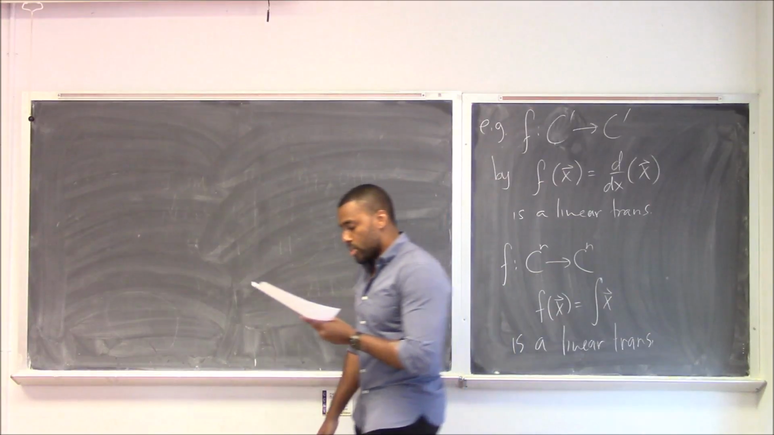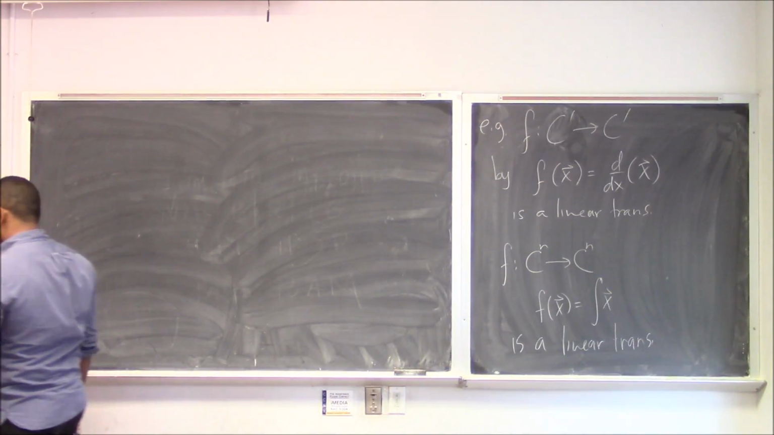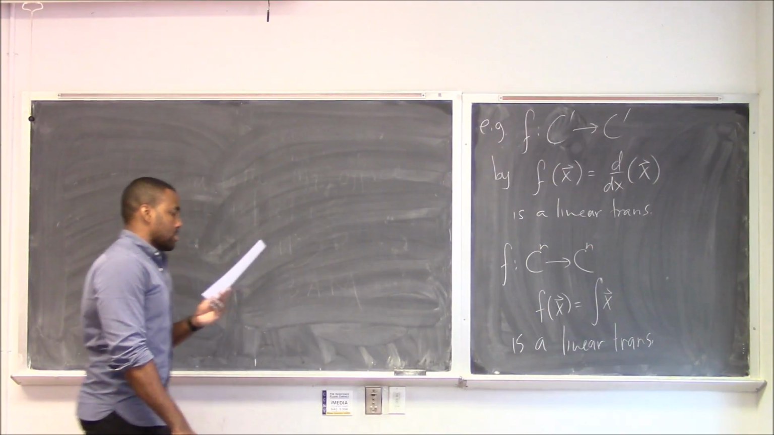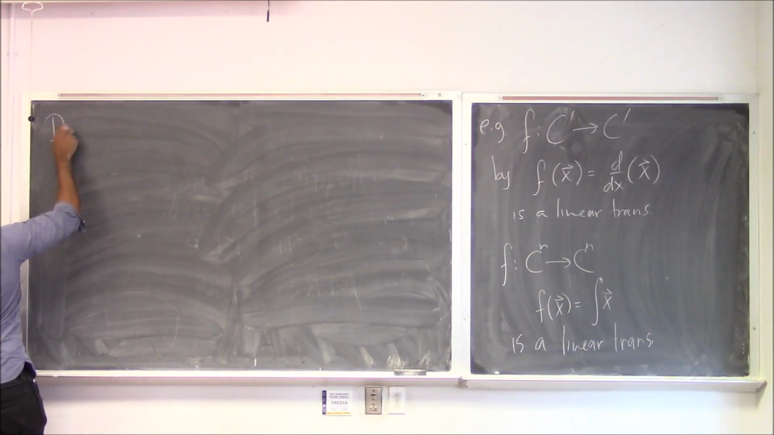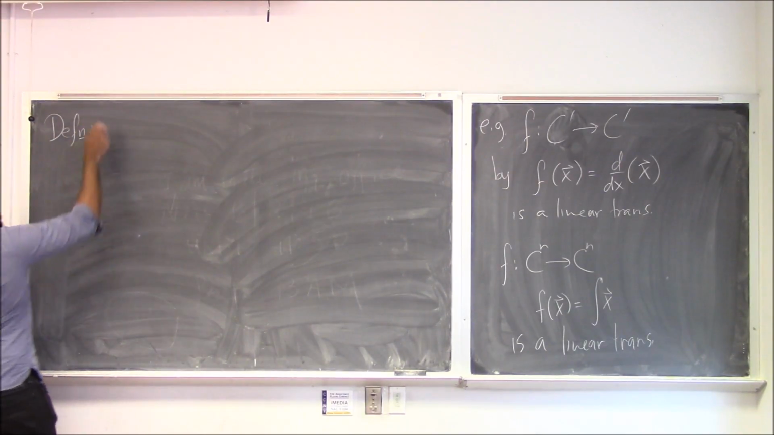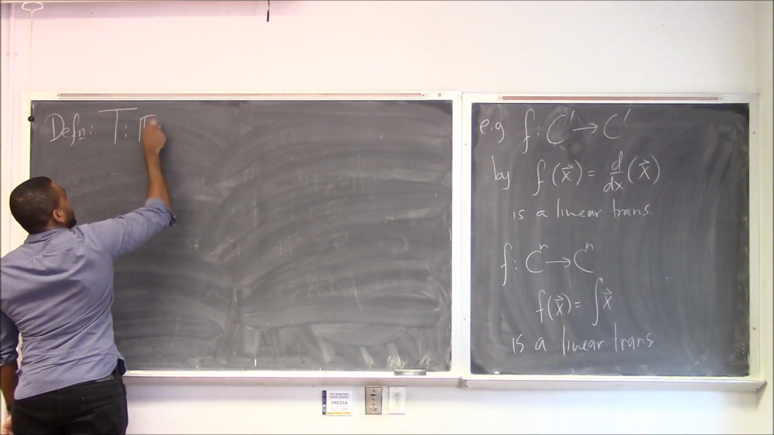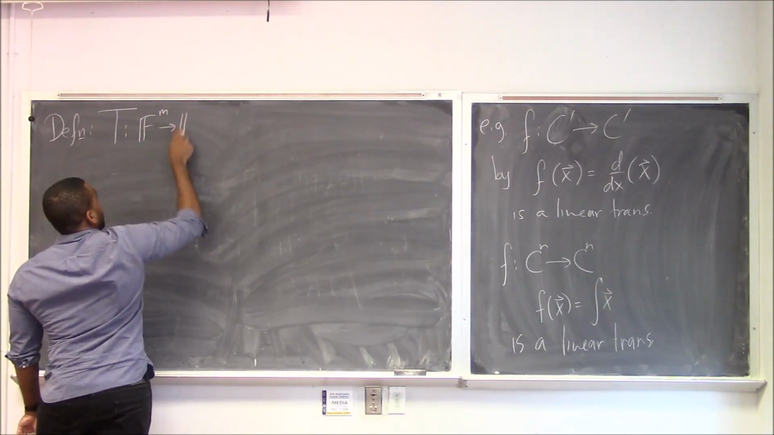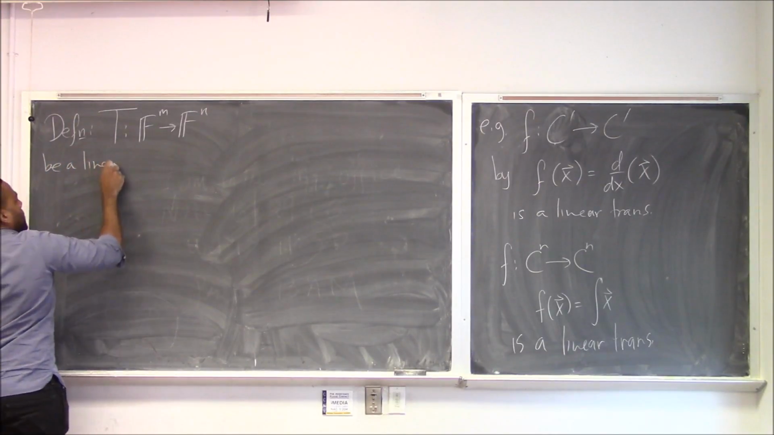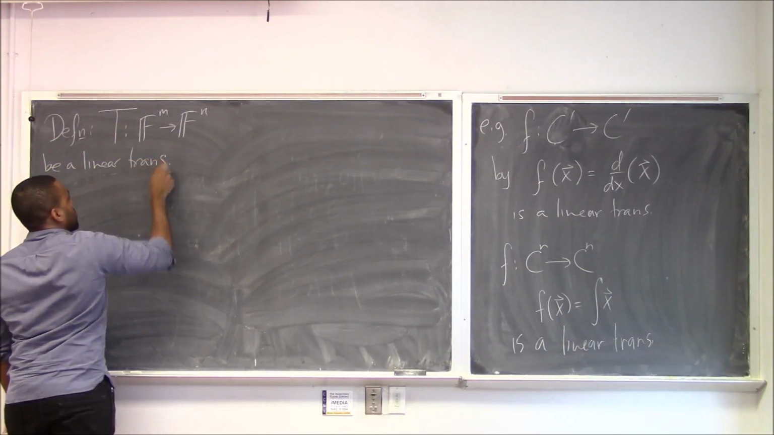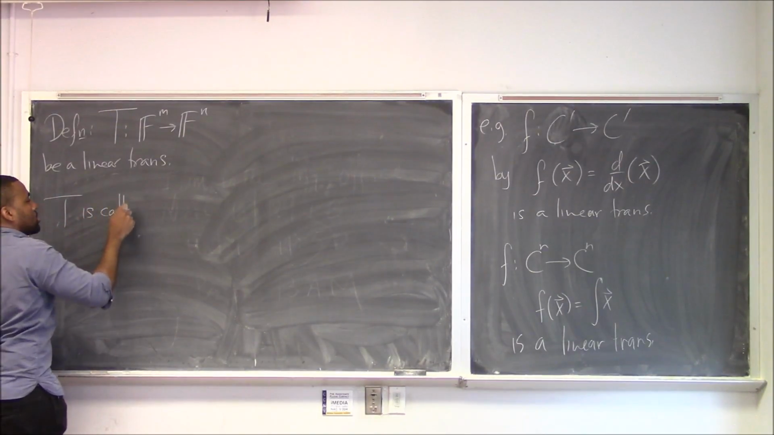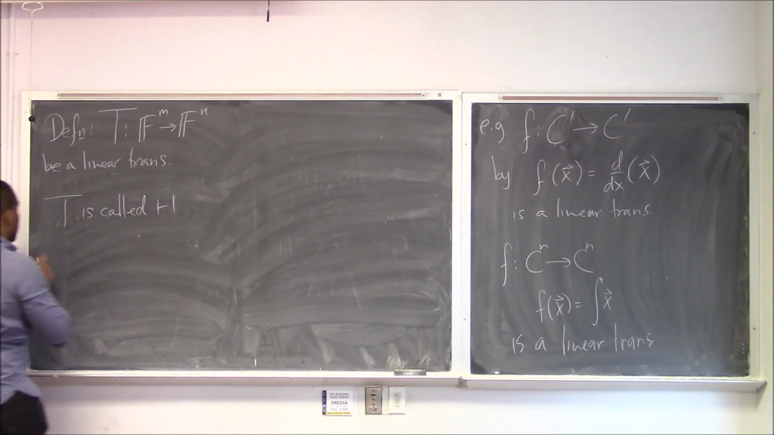And I believe I also spoke to you guys about being one-to-one and onto before. So let's actually remind ourselves of that. So let T from Fm to Fn be a linear transformation, and T is called one-to-one if